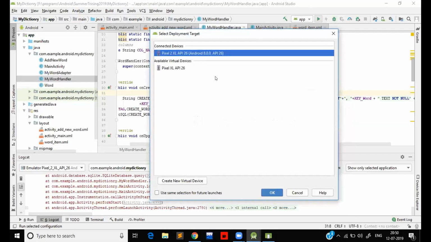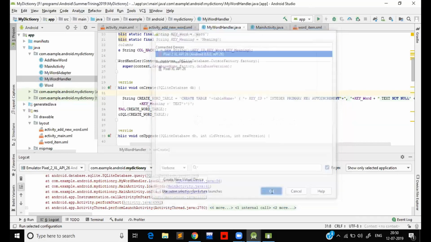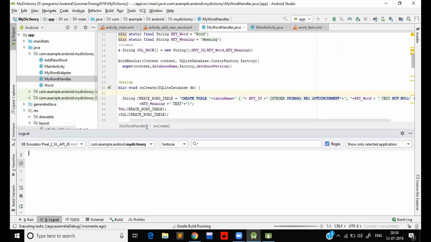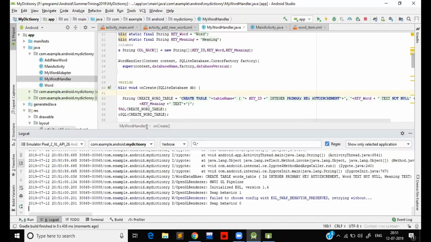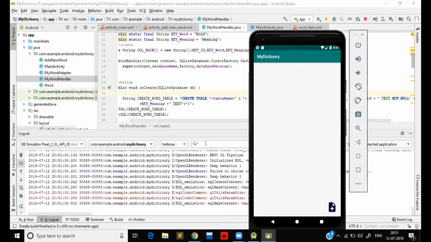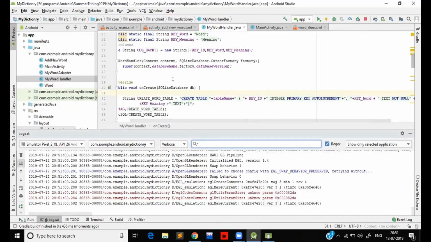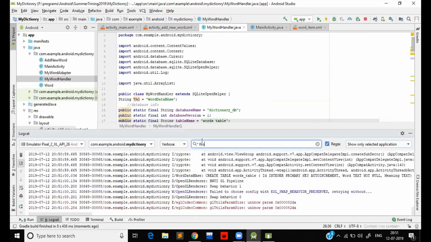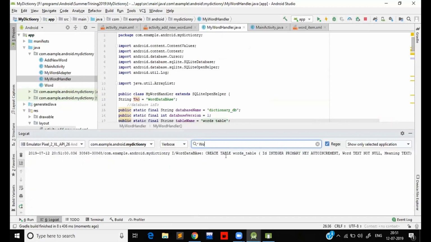Okay, it is searching for deployment targets. Here is the Pixel 2. Let us run this and clear the logcat to have the new logs coming. Okay, now our application is up and running. That means our table has been created successfully. Let us search for it in the logcat with our tag. Our tag was word database. Just type word database, it create table, words table,